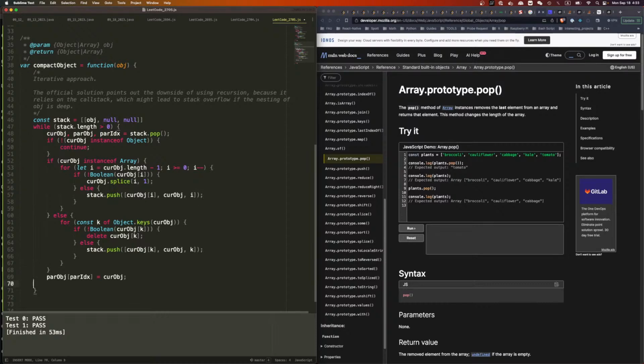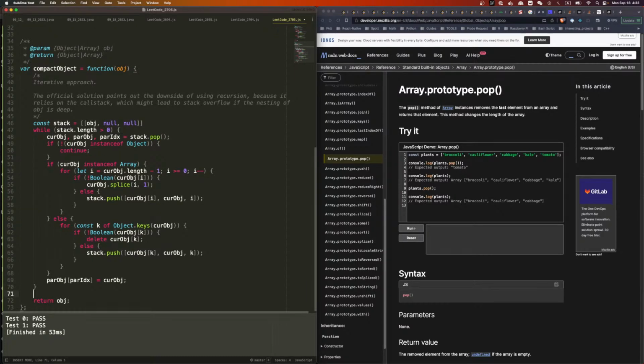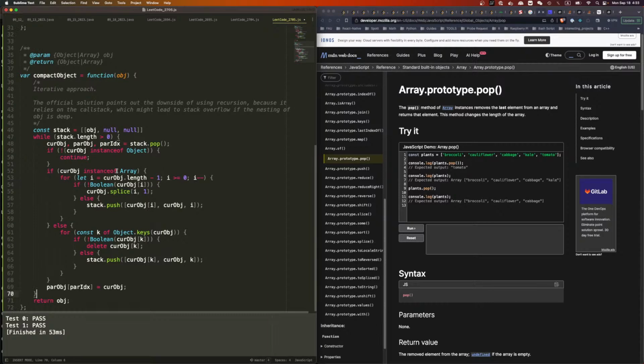And once we're done with everything, we'll return object. And of course, current object is this. If parent index is not equal to null,